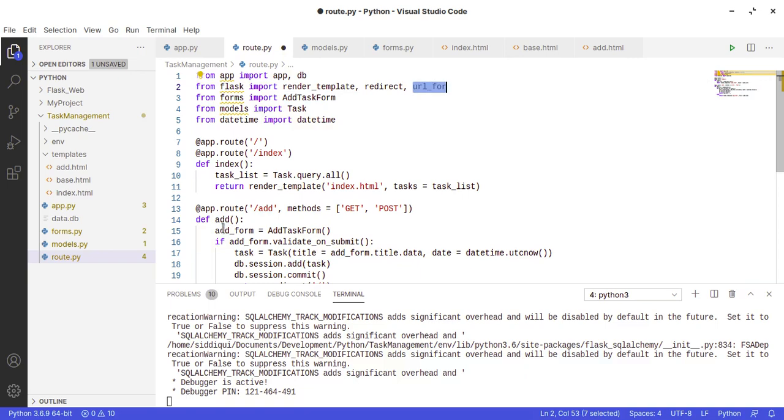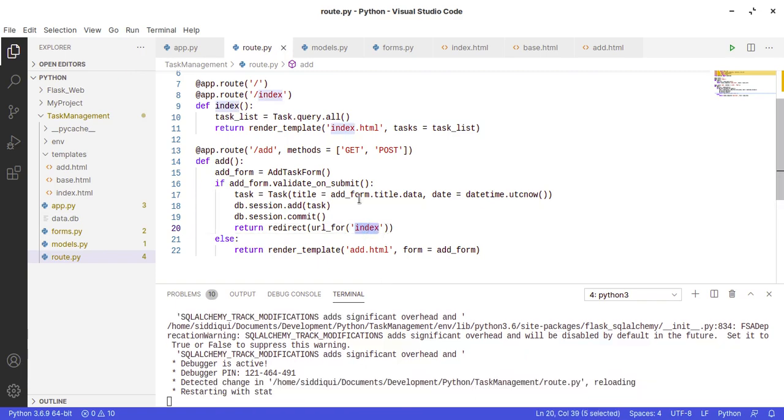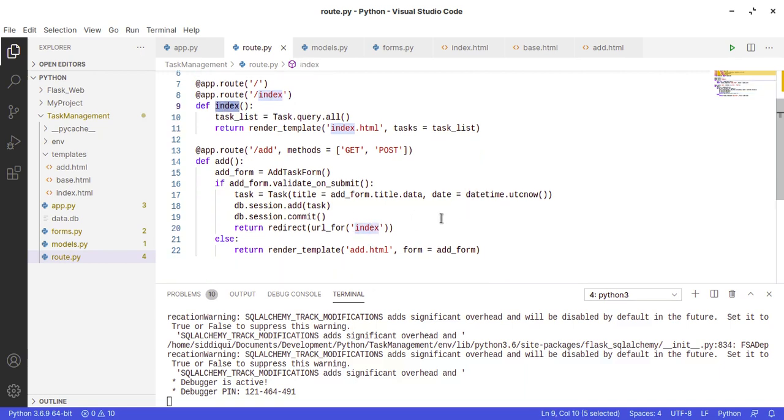In order to do this, we have to use url_for. So how can we use it? Instead of redirecting to this one, I can say redirect to url_for, and then provide the method name, index. Now it will redirect to this method. It will fetch whatever route is there and redirect to that route, but the reference we pass is the name of the method. The same thing we can do in the Jinja template as well.